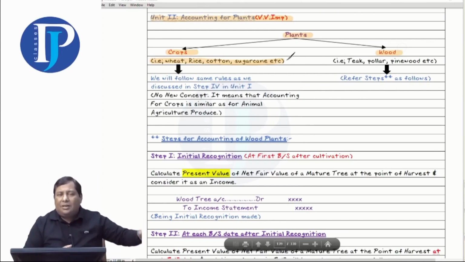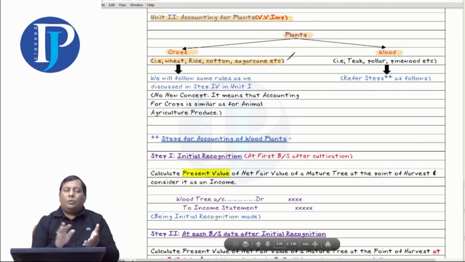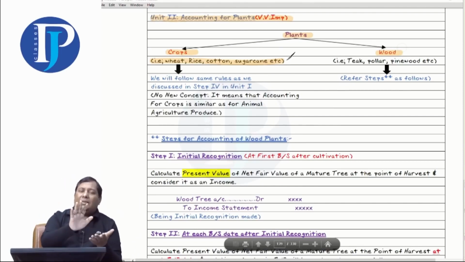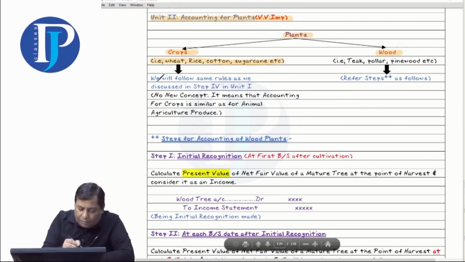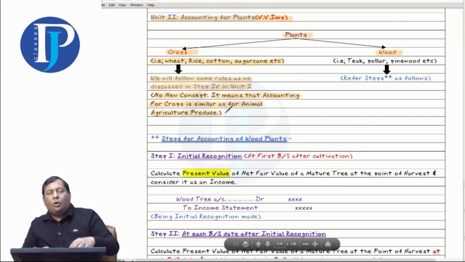There is no hassle of buying, no hassle of balance sheet valuation, no hassle of calves. Here it's only about harvesting. So only the step of agricultural produce is required in crops, nothing else. We will follow the same rules as we discussed in step 4, unit 1. No new concepts. It means accounting for crops is similar to animal agricultural produce, as crops are